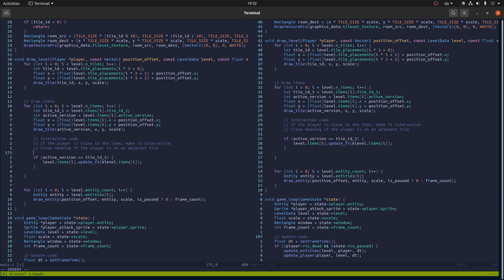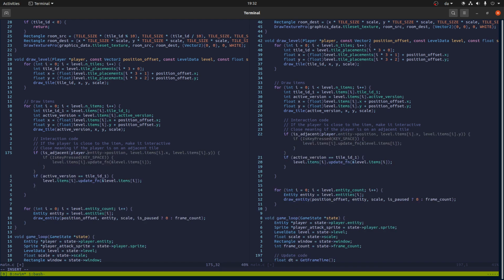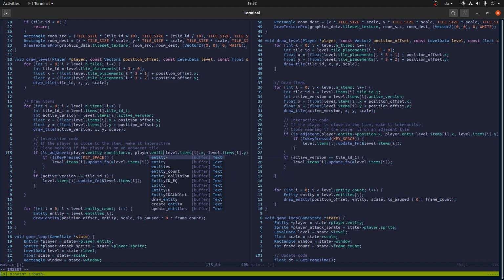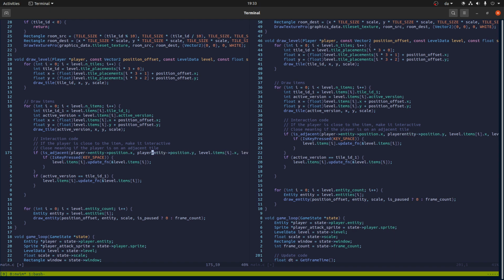So I want to do if player, let's do if is adjacent and player position, and that's a bit weird, so let's do it like this: player entity position.y. This has to be that, and this has to be that,